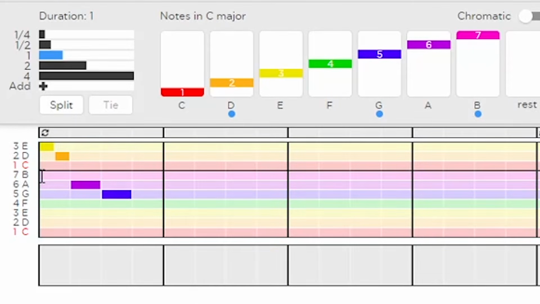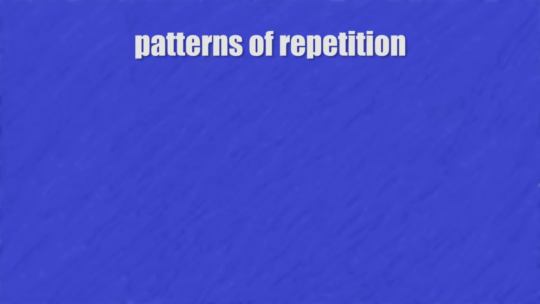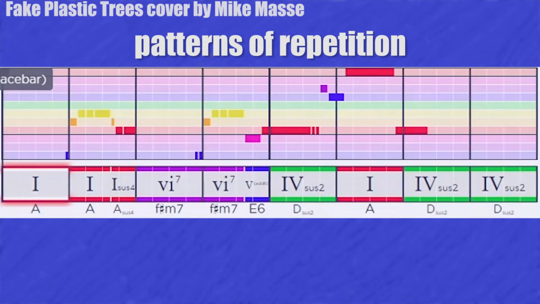With a lot of catchy melodies, we often see certain patterns of repetition and variation. One of the most popular patterns is establish,